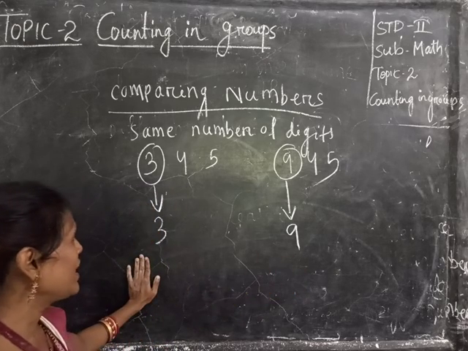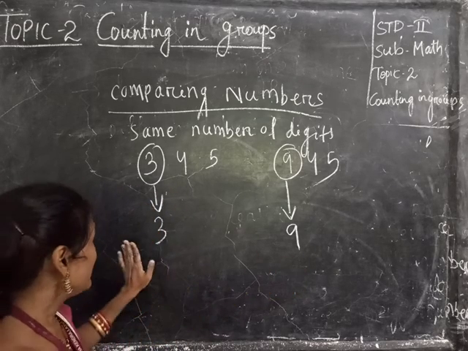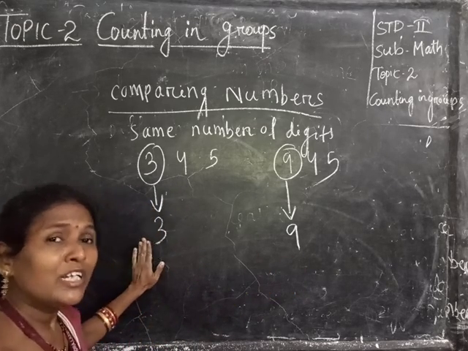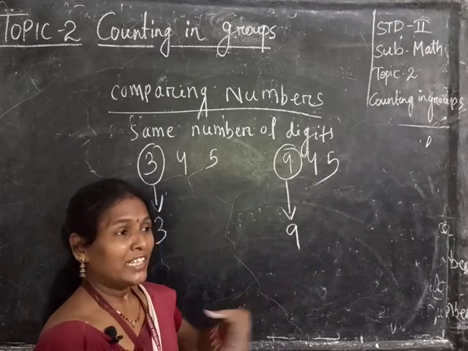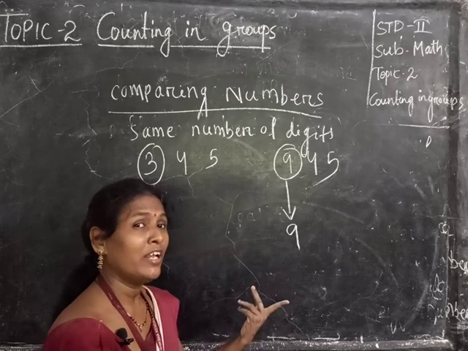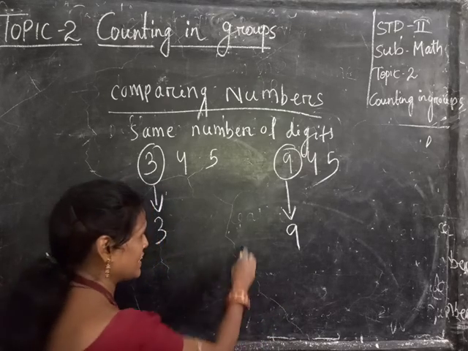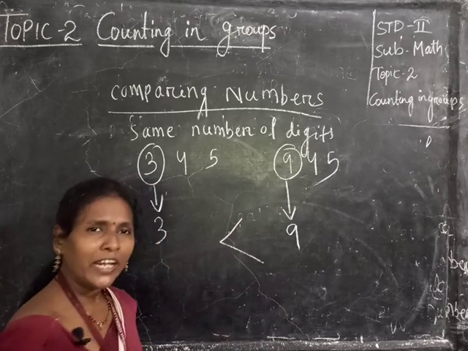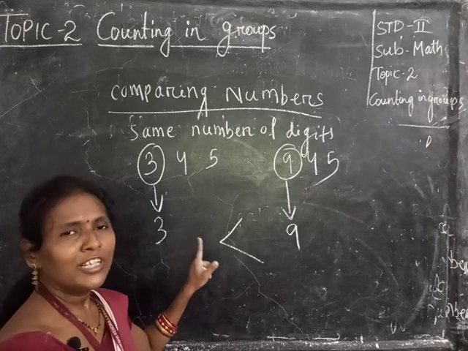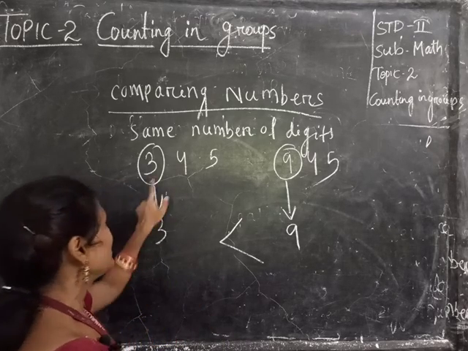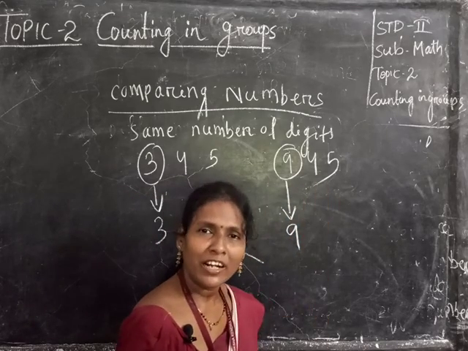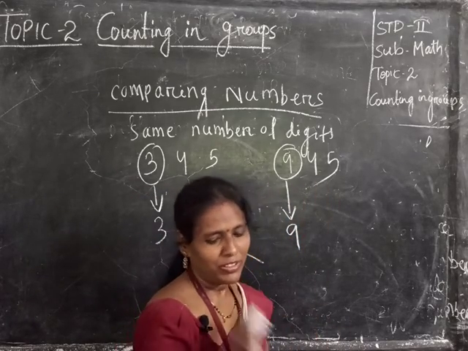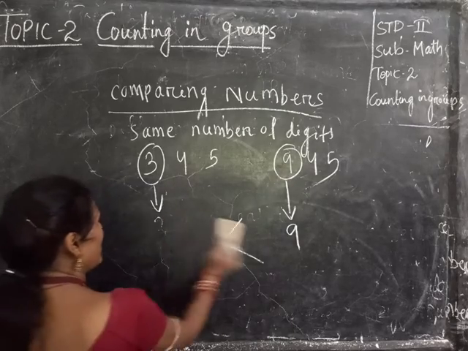So can you tell me students, I told na, this one is your smaller number, smaller side. This one is bigger number, bigger side. Now the crocodile will eat which one? 9 na 3? Yes, the crocodile eats 9. That's why this is your smaller side. That's why 345 is less than 945. Right. Then another example I am giving.